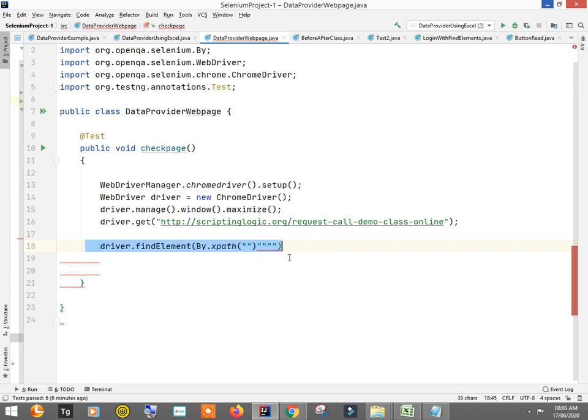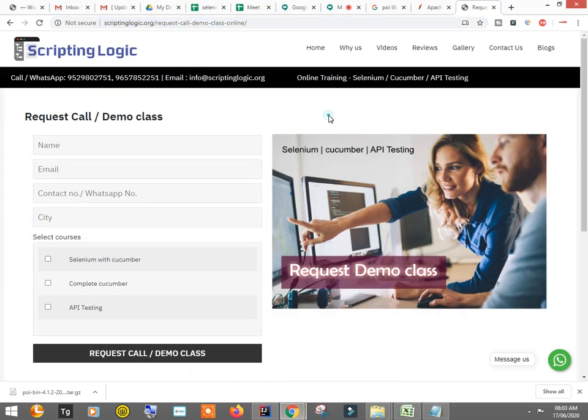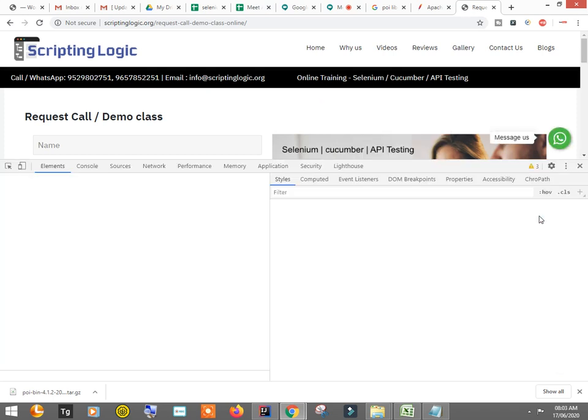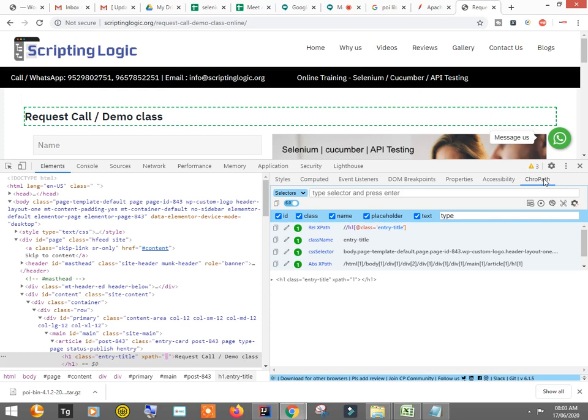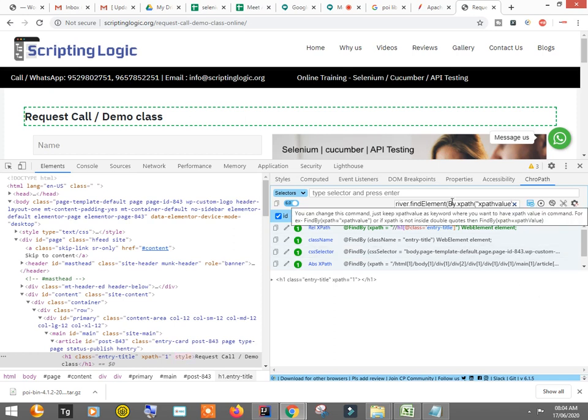We have a shortcut for getting these, right? So let me just show you. You just copy this thing, go into the xpath, right click and say inspect element, and click here, set driver command, and paste it here. Delete this and paste it here, and inside this double quote where we need the actual xpath, you write xpath value, right, and keep it as it is.